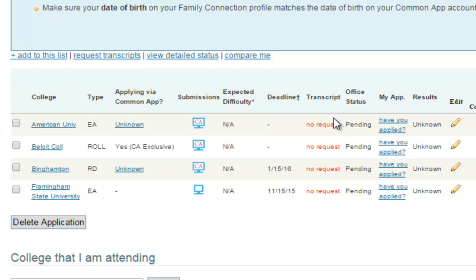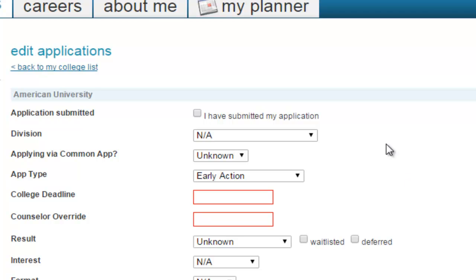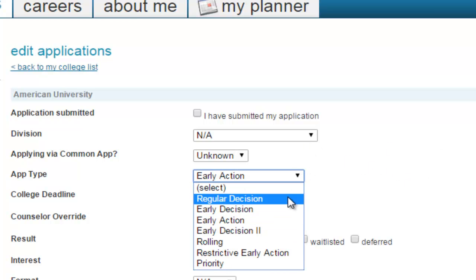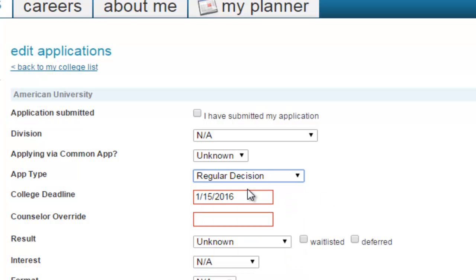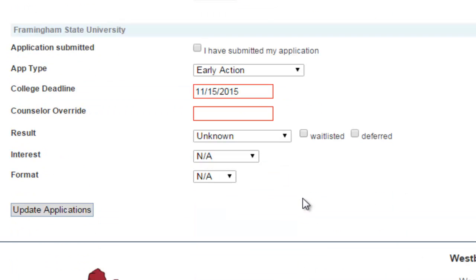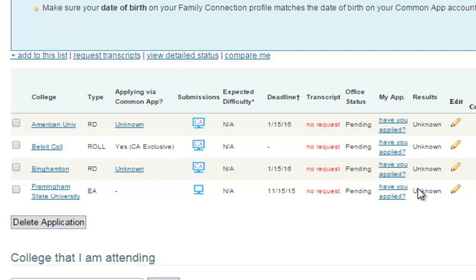If you feel like you've made a mistake, you can click on the little pencil under Edit, and that'll bring you back to the list of colleges that you've added, and here's where you can change the application type. So if you actually meant to do regular decision, here there's a deadline that shows up. You can see that right in there. Scroll all the way down to the bottom, click Update Applications,